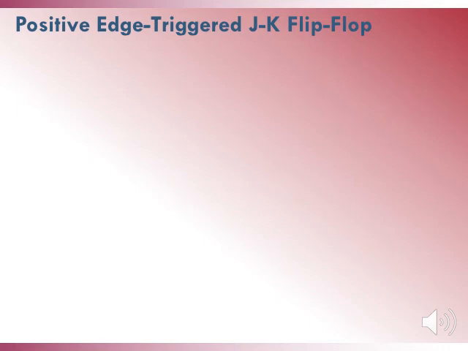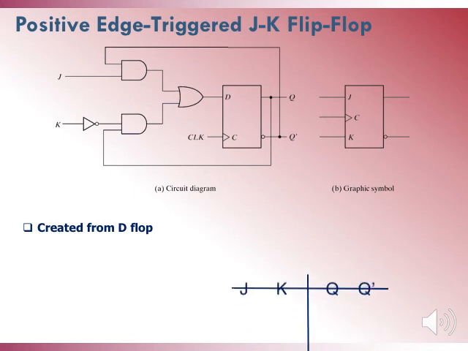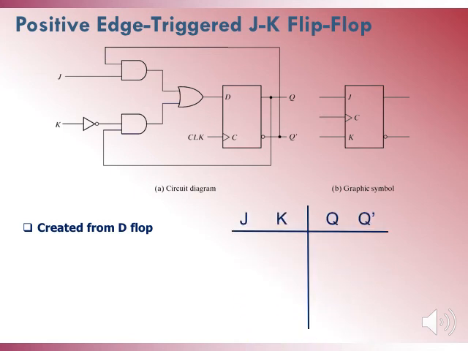The second type of flip-flop is a positive edge triggered JK flip-flop. The diagram is shown on the left hand side and the graphic symbol is there on the right hand side. The diagram shows that JK flip-flop is made from a D flip-flop with the addition of some AND and OR logic. The two inputs are reflected as J and K and the output is Q and its complement Q bar. When both J and K inputs are equal to 0, 0, the output Q becomes Q0, which is same as the previous output, and Q bar remains as Q0 bar.